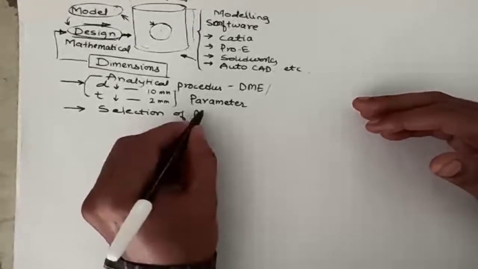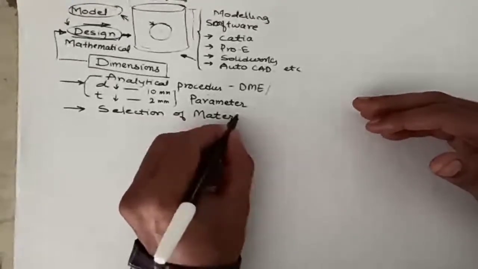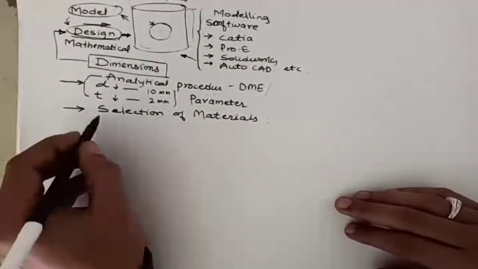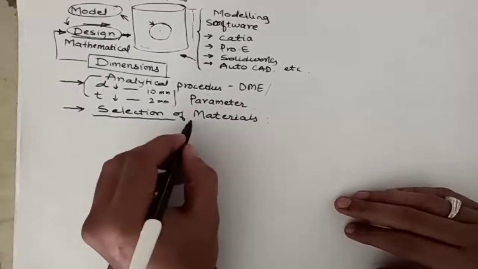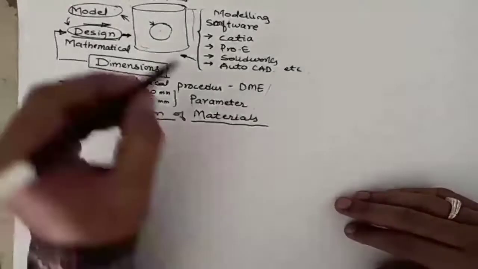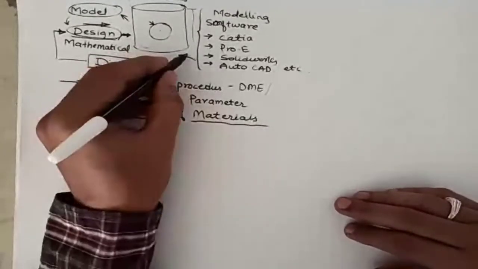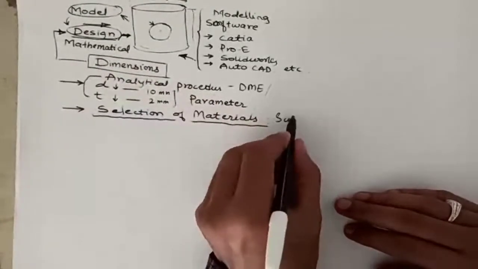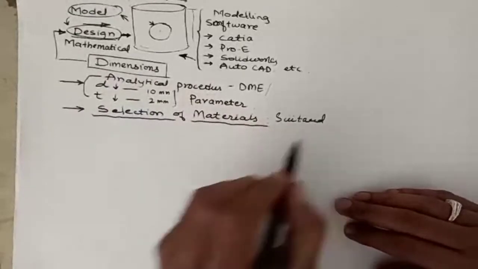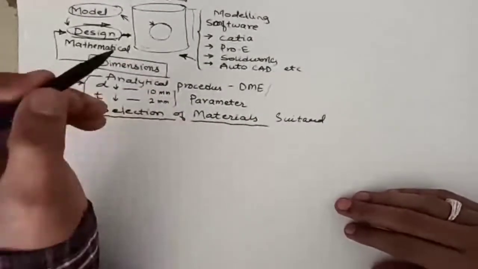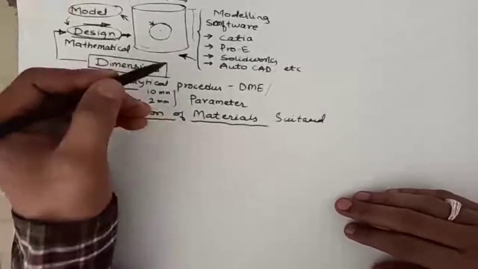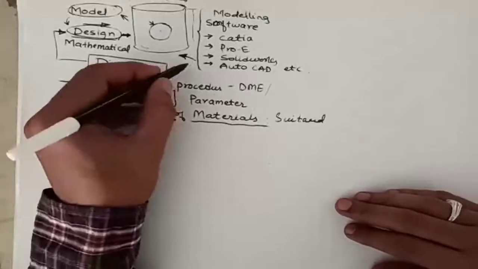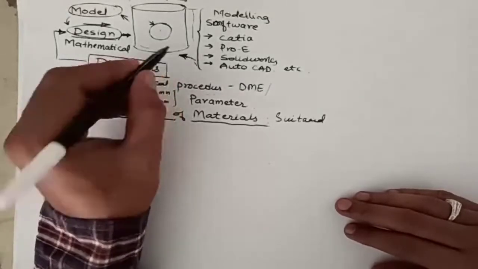This is one of the most important factors to be considered in the design. So the selection of materials is very important. Now suppose you take the piston, what will be the best suited material for the piston? You have stainless steel, mild steel, aluminum. Many materials are available in the market. Which will be the most preferable material for the piston?